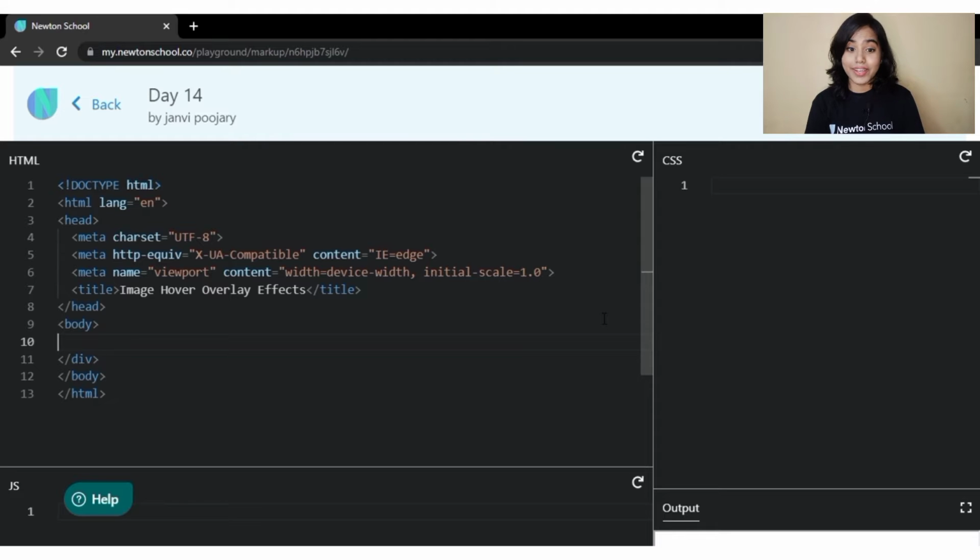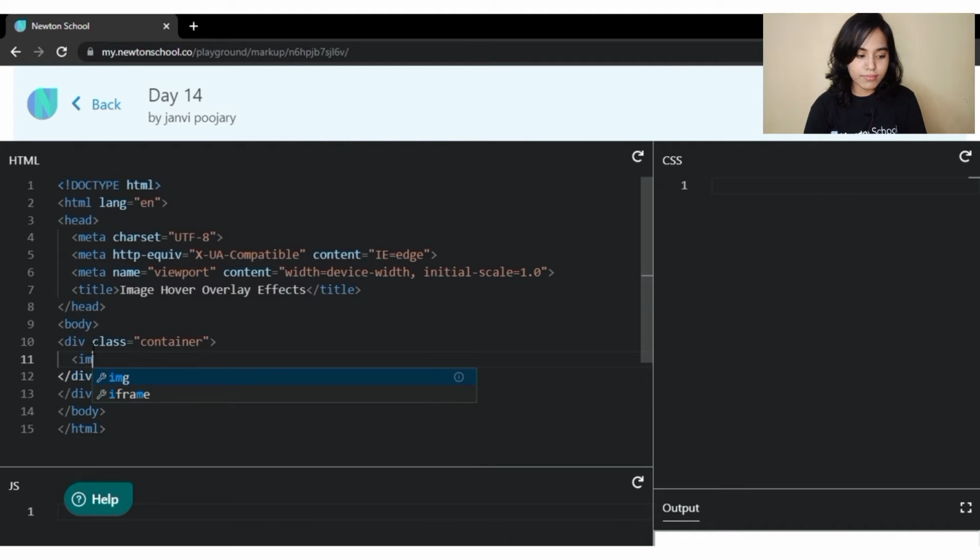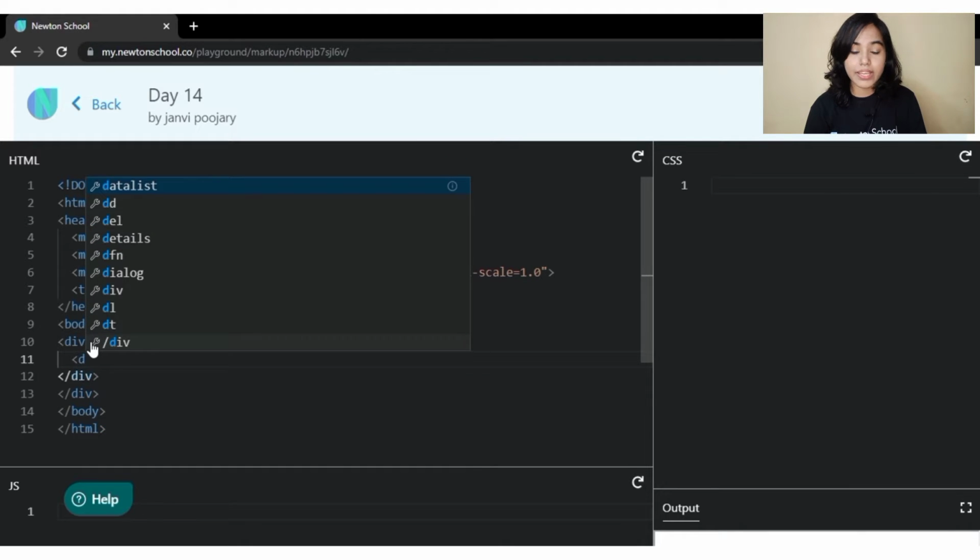Now let's quickly jump into the code. So here I have my HTML boilerplate ready. Now let's see how the code looks. I will write one class with the name container, and inside that class I will put another div whose class name will be image area.